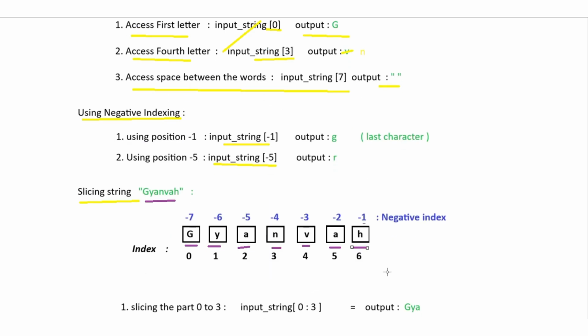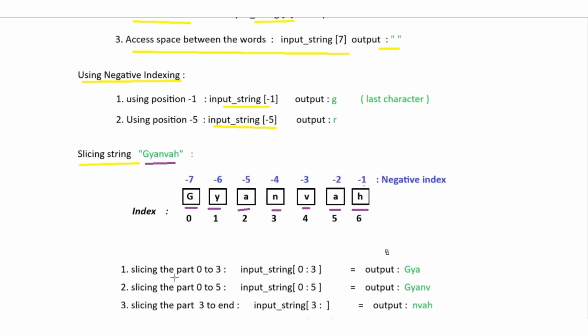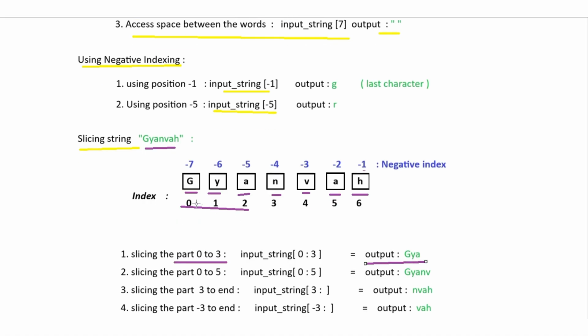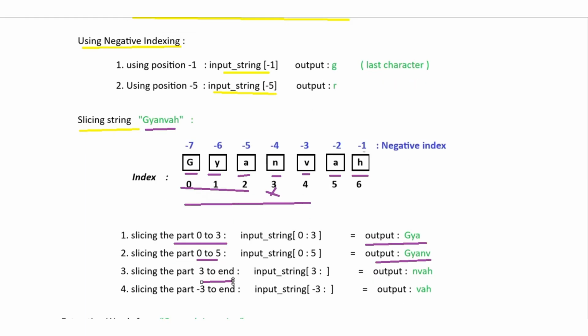Now let's try slicing. If we slice from 0 to 3, Python gives us G, Y, and A. It gives us characters from 0 to 2. Position 3 is not included. If we slice from 0 to 5, Python gives us Gyanvah. Again, the last index is not included. If we slice from 3 to the end, Python gives us NVAH, because we started at position 3 and continued